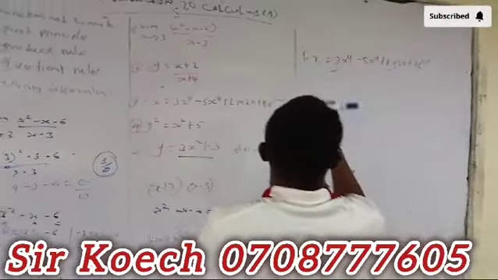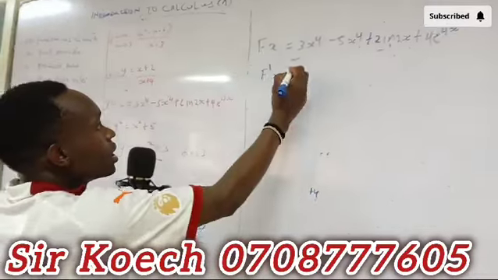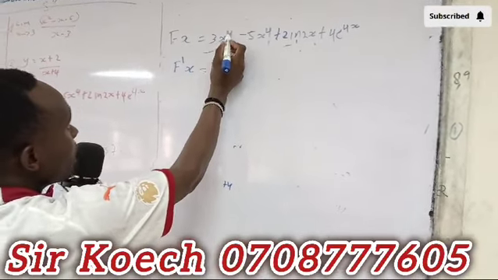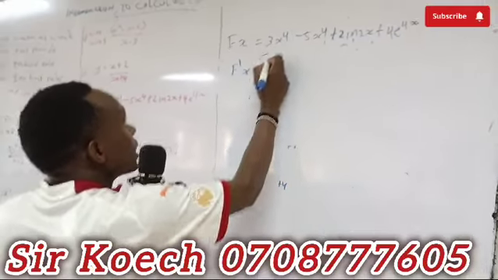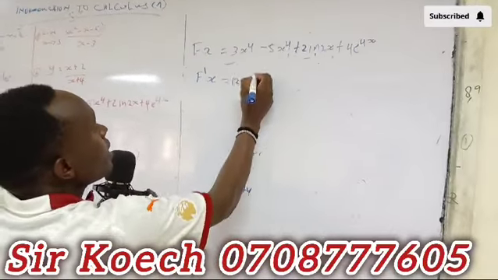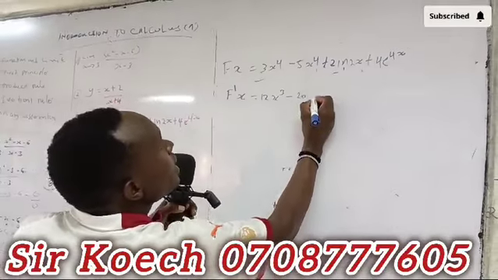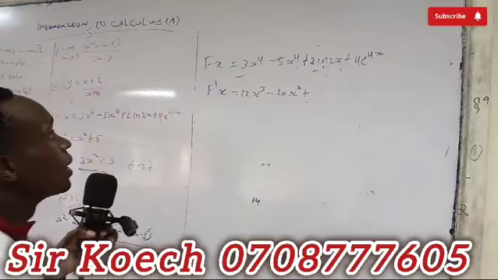So you want to get the f prime of x. I multiply the power by the coefficient, then I reduce the power by 1. So it is 4 by 3, that is 12x cubed, minus this by this, that is 20x cubed, then plus,